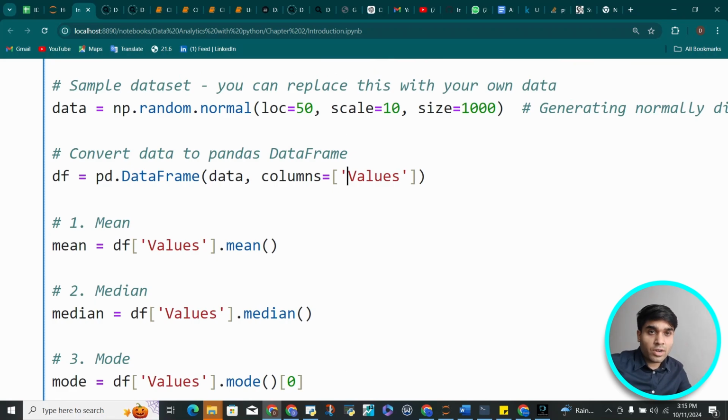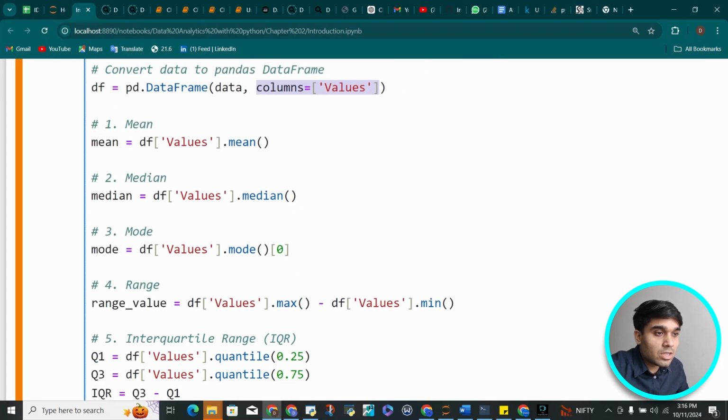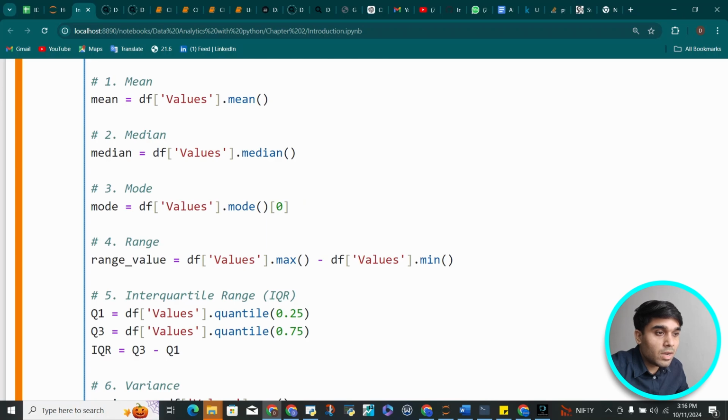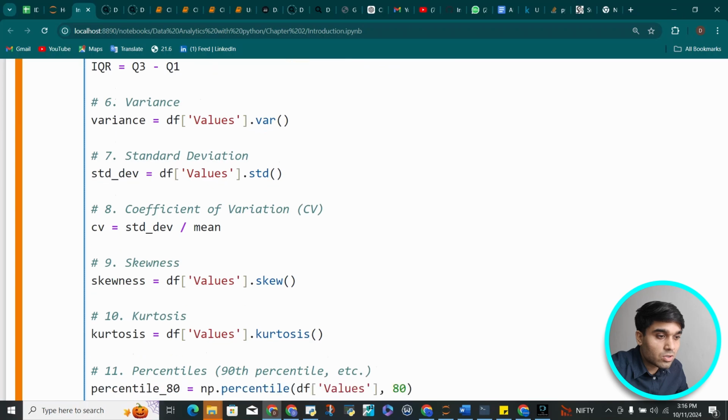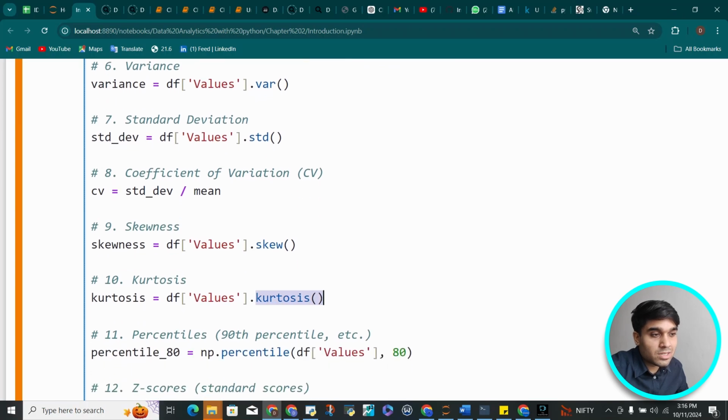and not the entire data set. I can do it for the entire data set also, but it doesn't make sense for us right now, right? So in NumPy, we use random, calculated using normal distribution, and we gave arguments of what should be the mean, standard deviation, and size. And then we use DataFrame to convert this function into a DataFrame, and we named our column as values. Now you can see, just have a look at this. You can see for mean, median, mode, range, interquartile range, variance, standard deviation, skewness, kurtosis, only the last argument is changing,